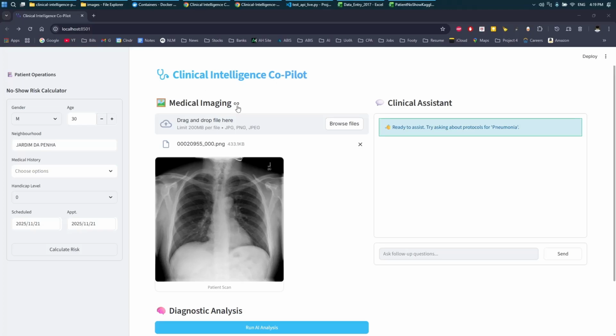Hi, and welcome. This will be a quick demo and example run of the interface of my project, the Clinical Intelligence Copilot. Starting off on the far left here, we have the no-show risk calculator. Here we can fill in various fields of information on a patient and calculate their likelihood of no-showing